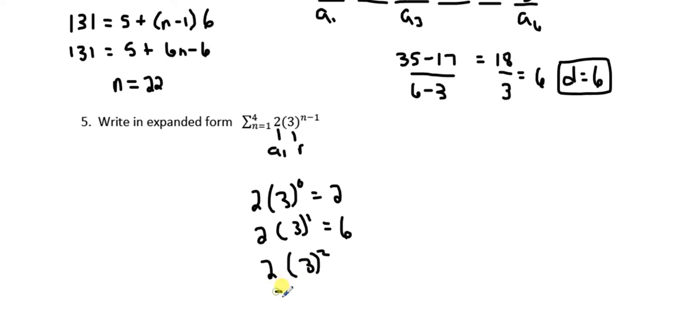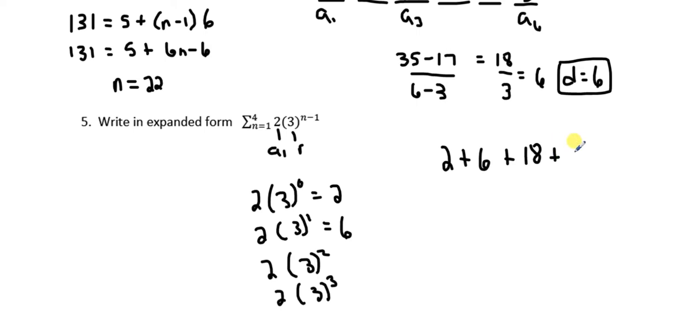And 2 times 3 to the third. And 3 to the second is 9, times 2 is 18, and 3 to the third is 27, times 2 is 54. So in expanded form, this just means 2 plus 6 plus 18